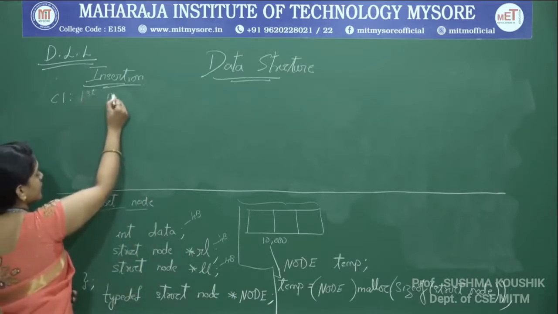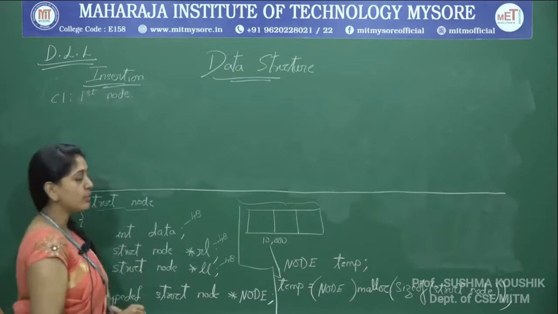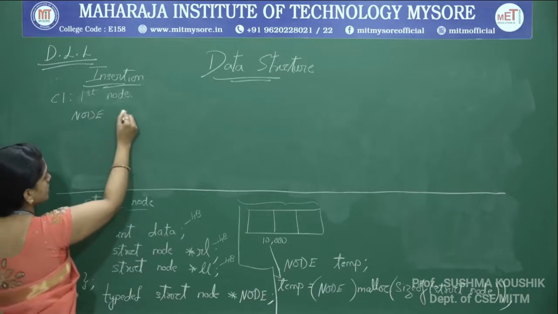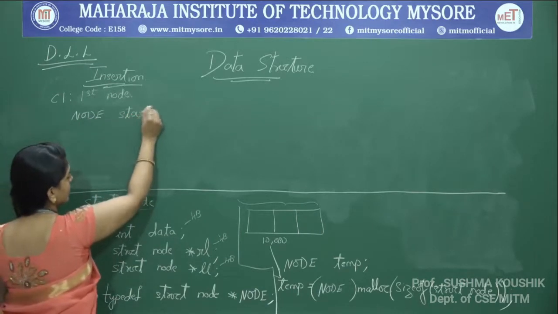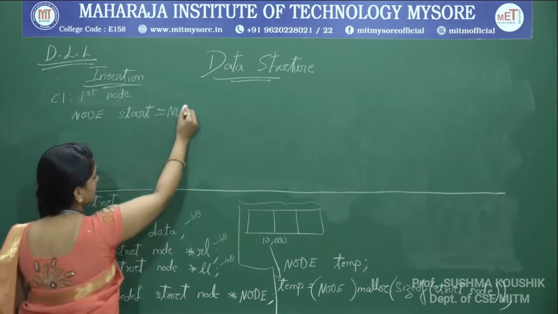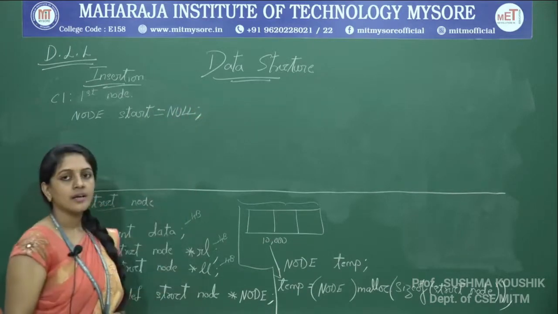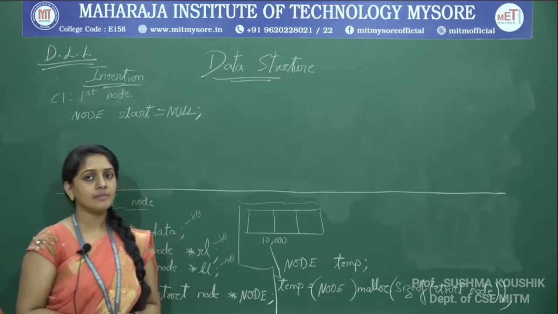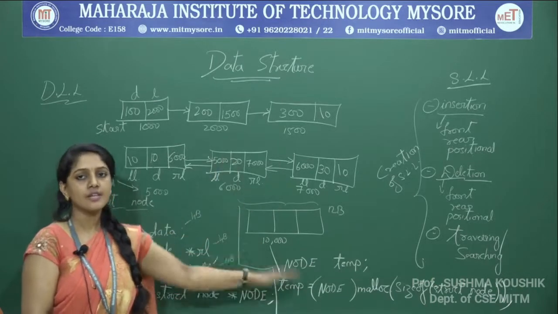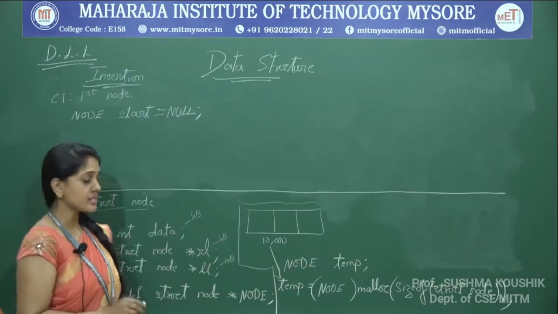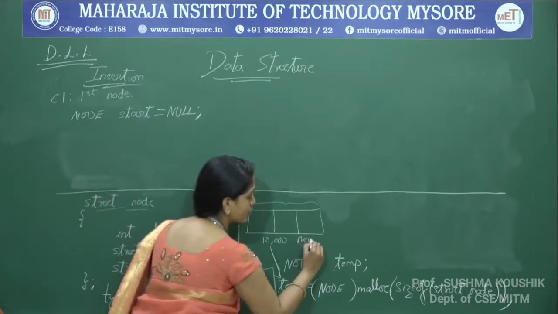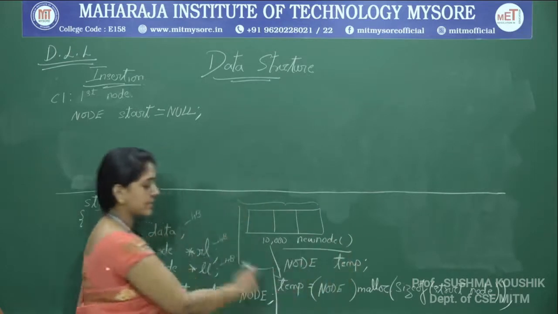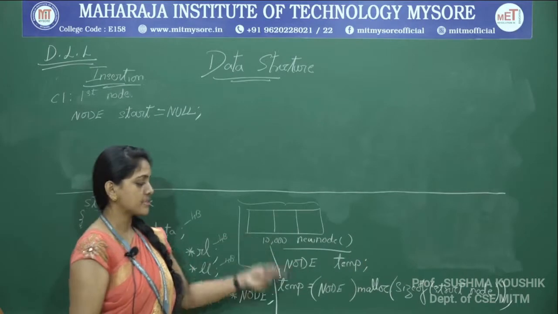So, when we are creating the first node, how will I get to know? First, we know that it is a node. We will keep a structure pointer, and we have taken start as a pointer. Initially the start will be null since it is not holding any valid address. If this is a function, I have written this inside a function called new node. Every time I call this new node function, that will create a new node for me, put it in the temp and send it to us.